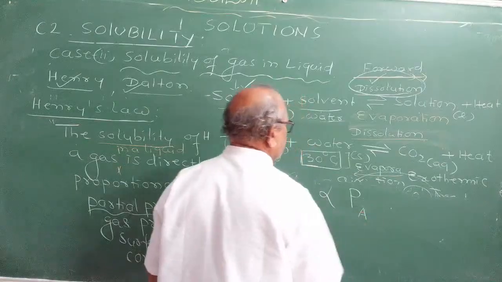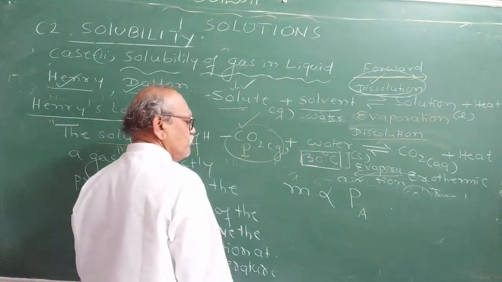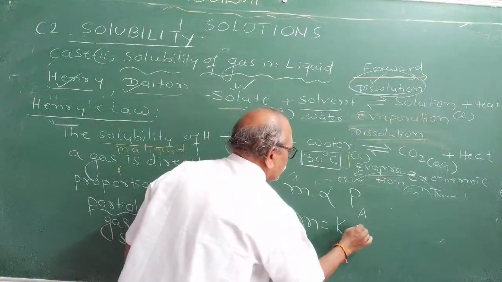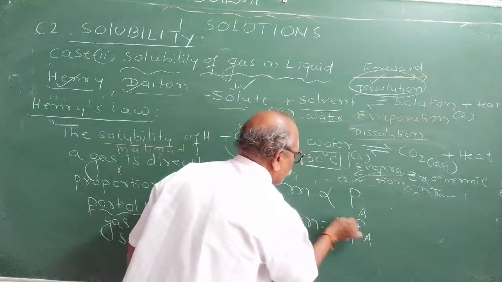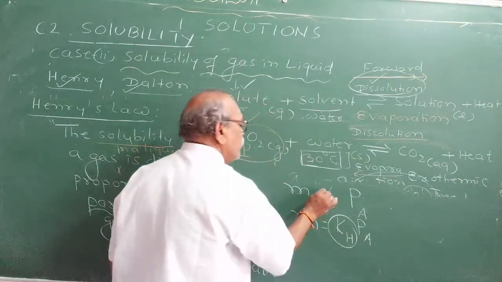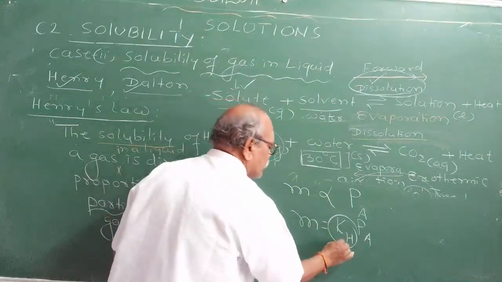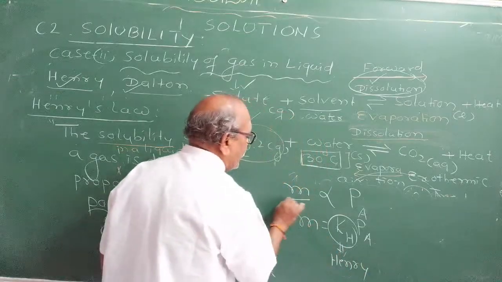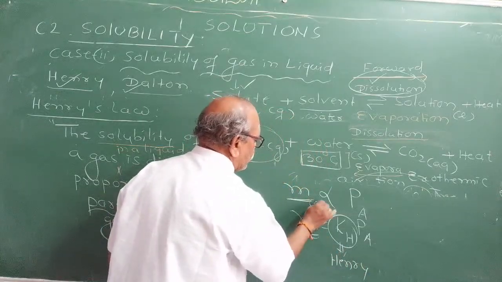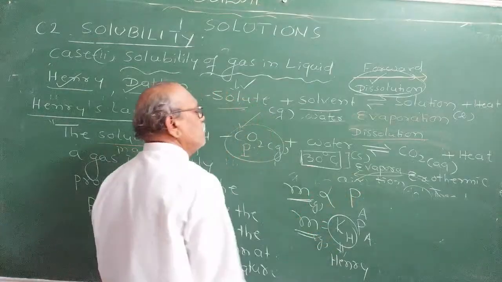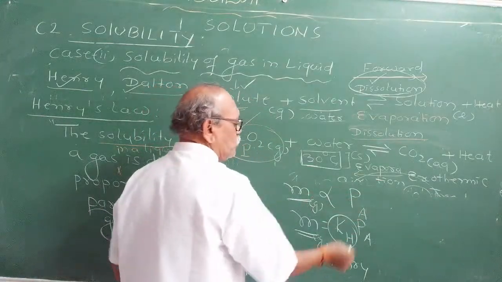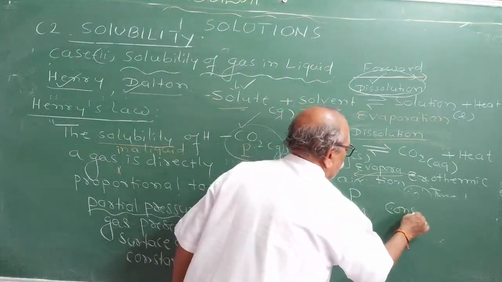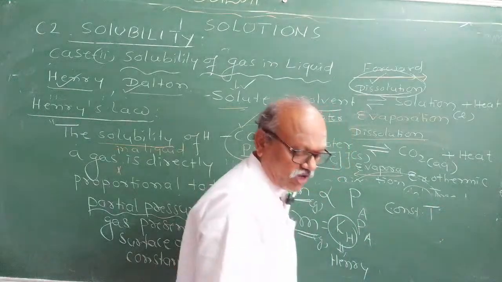When you remove the proportionality sign, you have to write a constant. This constant is called Henry's constant. It means the quantity or mass of the gas dissolved in water is directly proportional to the partial pressure of the gas at a constant temperature. This is the mathematical form of